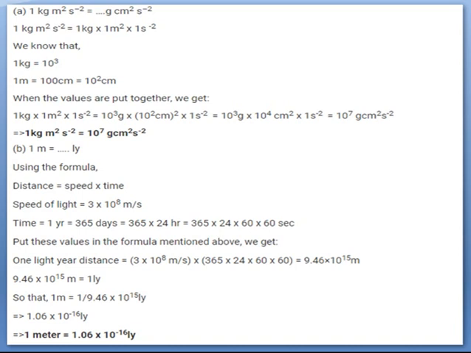So convert 365 into hours: you have to multiply 365 by 24. Further you have to convert into seconds by multiplying 60 and again 60. So now substitute these values. 1 light year distance is equal to speed times this much,